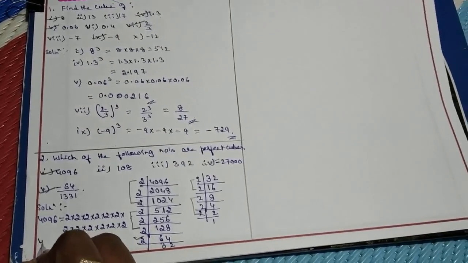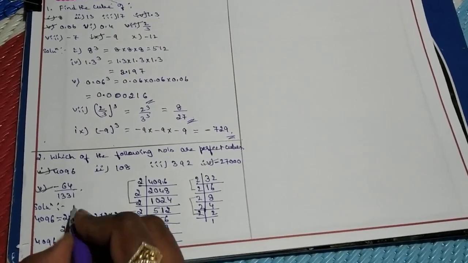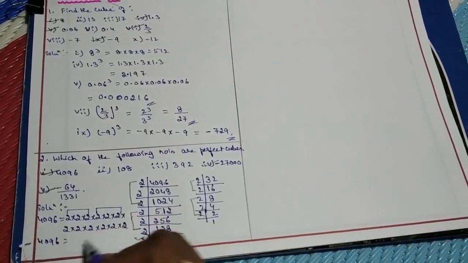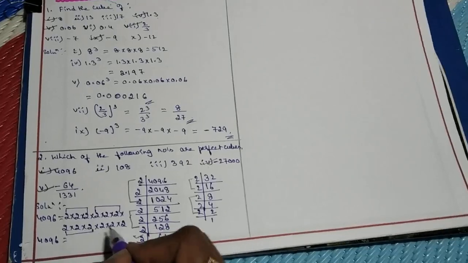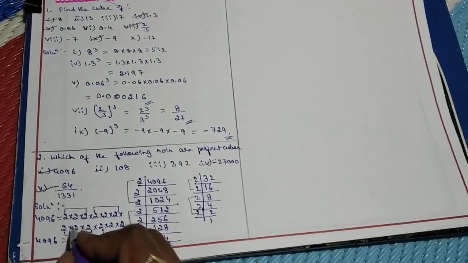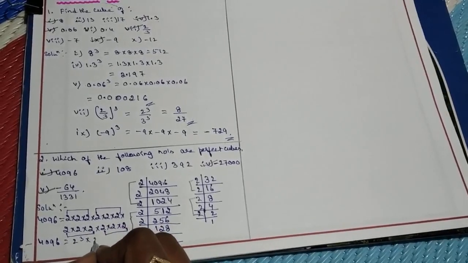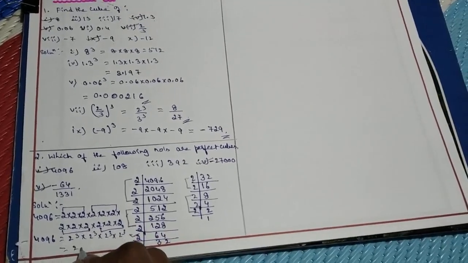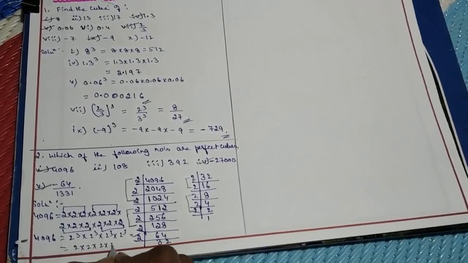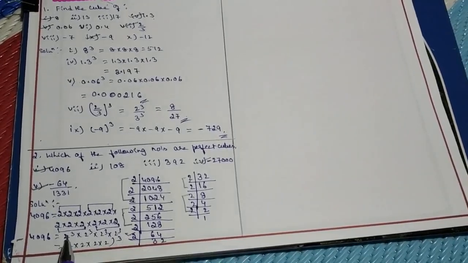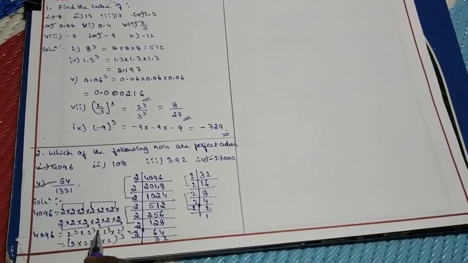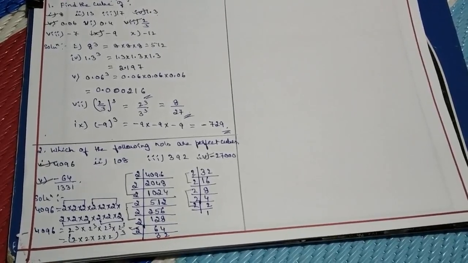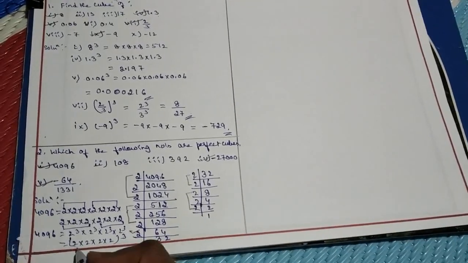Then looking into the triples, these 2s 3 times make 1, these 2s 3 times make 1, these 2s 3 times make 1, these 2s 3 times make 1. So I can write 2 cube into 2 cube into 2 cube into 2 cube, which is nothing but 2 into 2 into 2 into 2 whole cube. We know the exponential, 2 cube into 2 cube into 2 cube into 2 cube, all the bases are put within a bracket and cube is written as the whole power 3. So the answer is